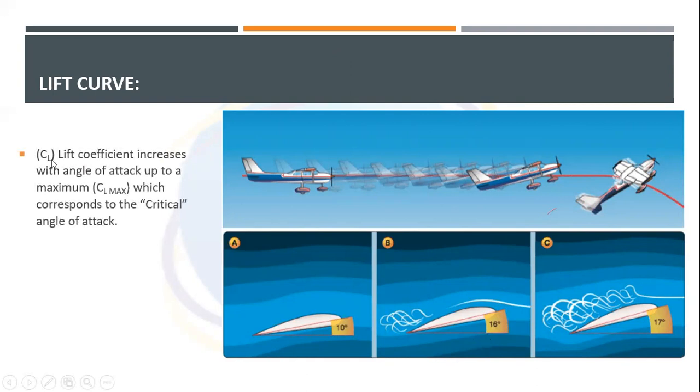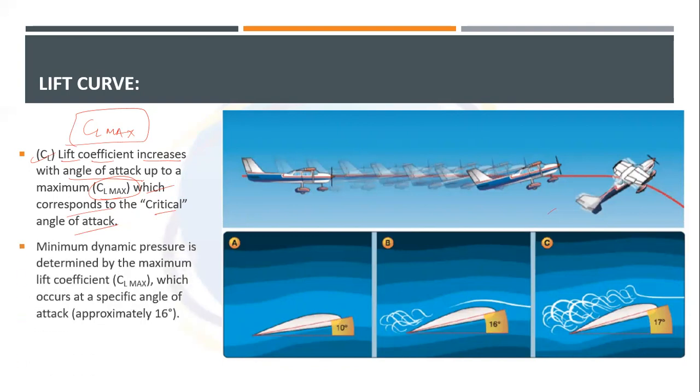Okay. So we'll term this with the CL. What is CL? You can see here. CL is the lift coefficient. It increases with the angle of attack. Maximum goes to CL max. So please remember CL max from now onwards. We'll be using this word. If you have any confusion, ask me right now. Which corresponds to the critical angle of attack. The critical angle of attack, or CL max, is the point after which the stall will occur. Okay, CL max is the point where you will have the maximum coefficient of lift.